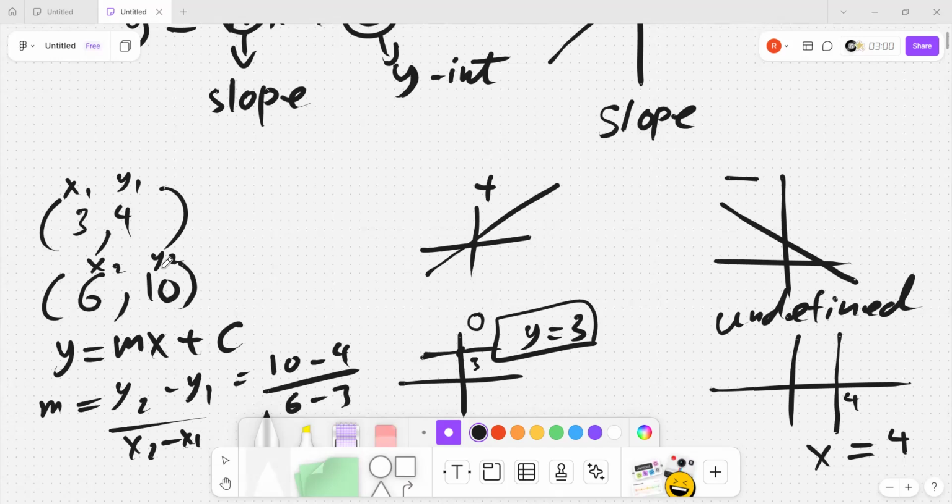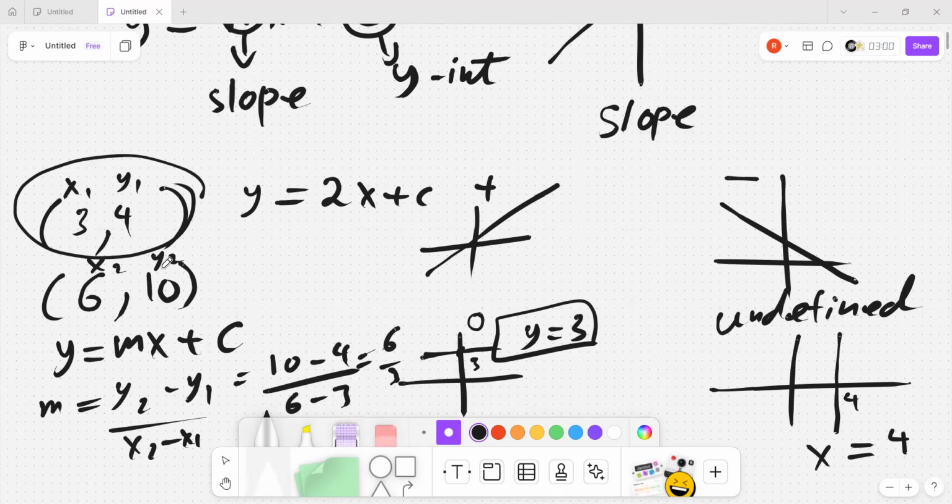Okay, the slope, the gradient, it doesn't matter يعني عادي يعني نفس المعنى يعني. الامريكان بيقولوا سلوب وانتوا الاي جي بتقولوا جرادينت. اوكي بس هي نفس المعنى. بس كده. Yeah, 10 minus 4 is 6 over 3 is 2. يبقى our line now is y equal 2x plus c. So c now is missing. Okay, how can I find c? I will use any point I like. Okay, let's say this point. I will substitute y by 4 and substitute x by 3 plus c and solve it for c and then you'll find c. كده في مشاكل؟